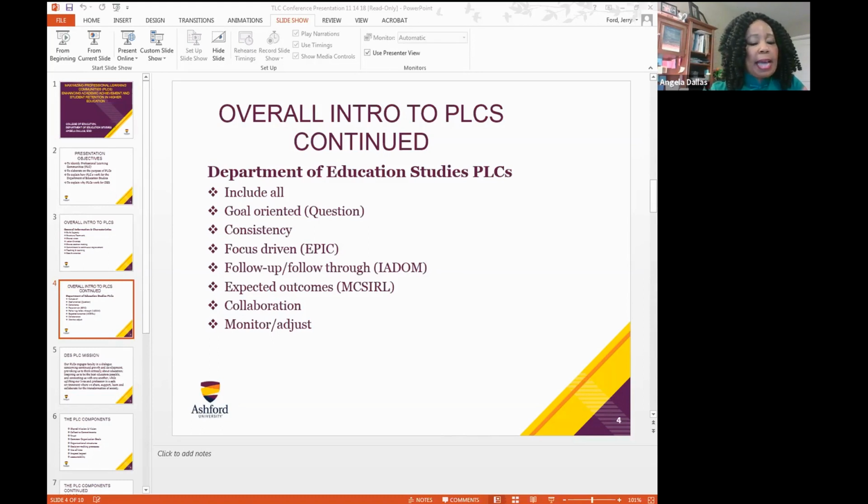And we emphasize high quality learning. Everybody has an opportunity to participate in the decision making. We support each other in our practices. We share examples of practices that produce outcomes that are aligned to our goals. And we allocate time for collaboration. Next slide, Jerry.